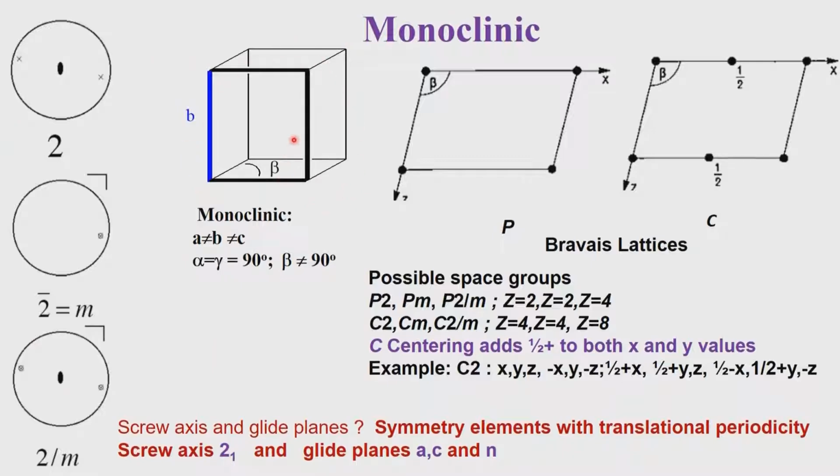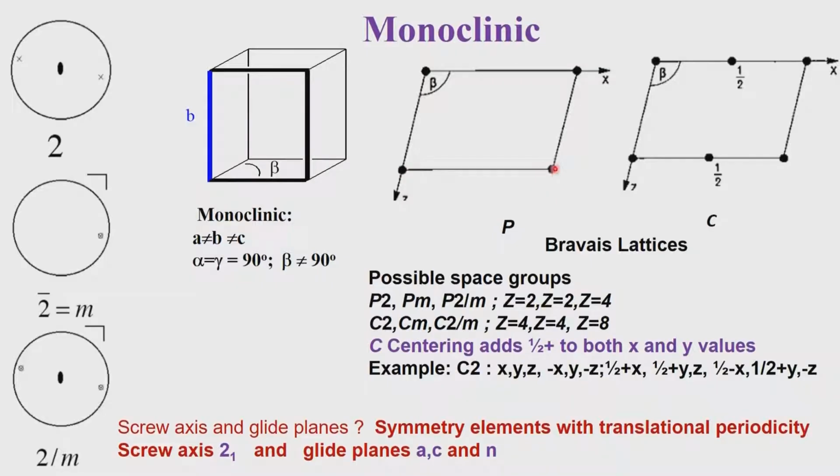Now, we have the point group information on the left, we have the crystal system in the middle, and now we have to see what kind of a lattice this can generate. As you can see, we have A not equal to B not equal to C. So, we have therefore 2 such situations. One is a situation where we can have this beta angle. This is the projection diagram of this, where we have projected the unit cell, and in this particular case this is the x direction. So, this is the A cell dimension, and this is the C direction, which is the Z direction. So, this is an AC projection, and in the AC projection you can get a primitive cell which